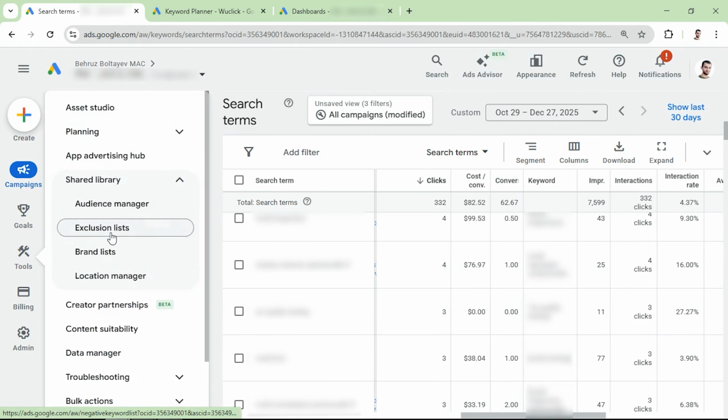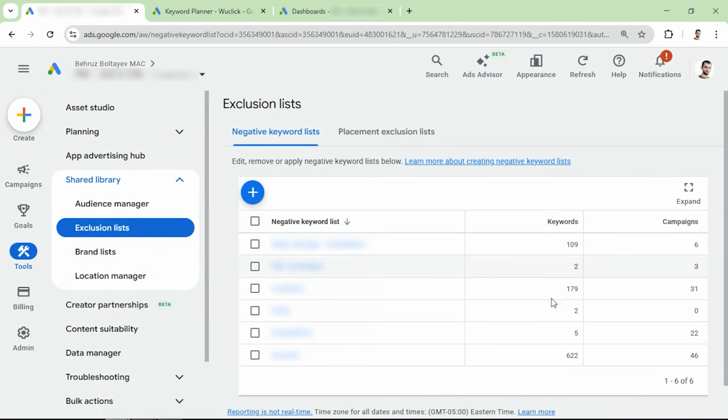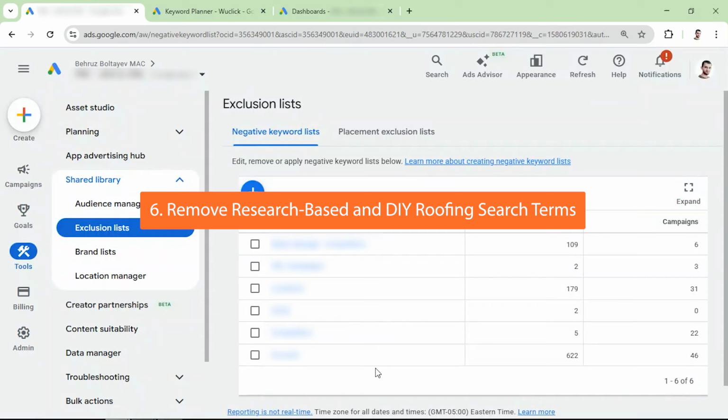So if I'm going to show you, we have these kind of negative keywords here, as you can see, for different reasons or different type of campaigns. These kind of negative keyword lists have been created historically. And you should be adding negative keywords regularly as well for your campaigns to increase the chance of getting more higher quality traffic. And the next thing on our list, you should remove research type of keywords and focus more